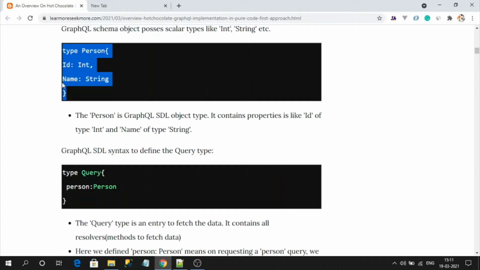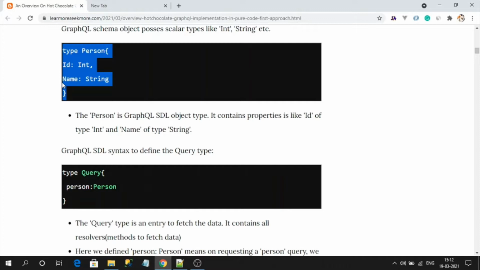Next, coming to the last technique. That technique is what we are going to implement in this demo. That is the pure code first approach. This is very simple because here we need no schema writing and no mapping GraphQL classes. In this approach, a simple plain C# class is enough.